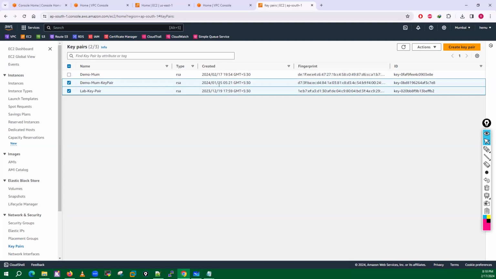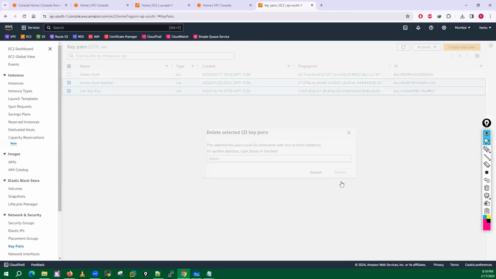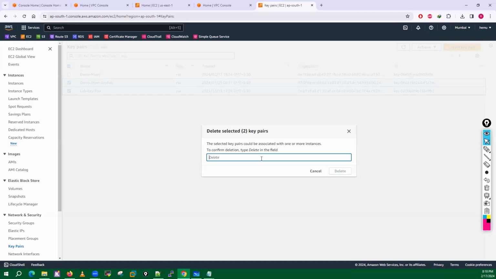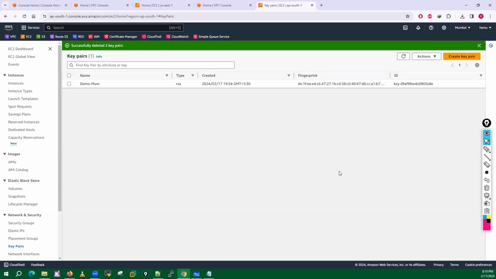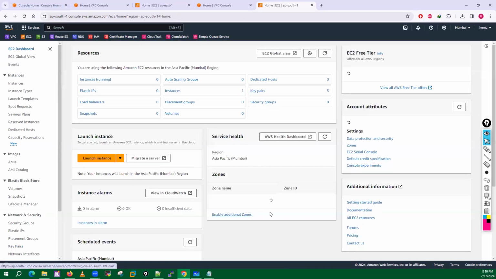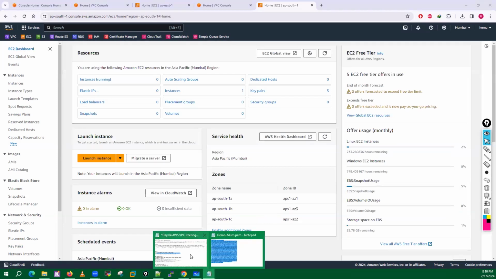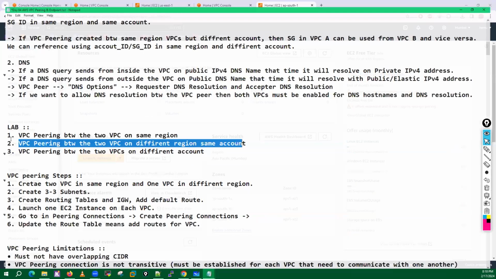These two I will leave, which I created today only. So guys, always remember when you have a setup like this, always try to delete all the resources so they will not cost you any amount. Okay, so that is what I wanted to cover with regards to this VPC peering.